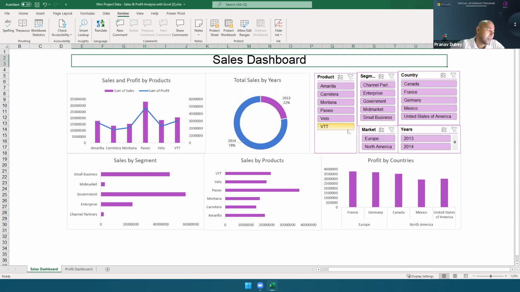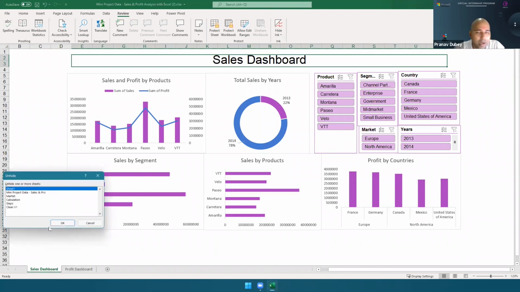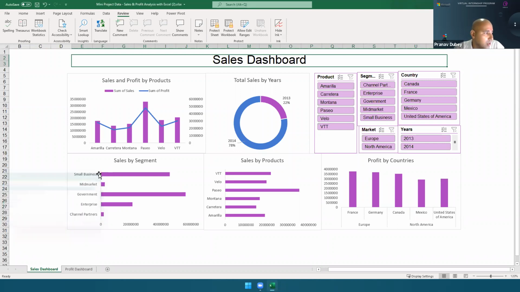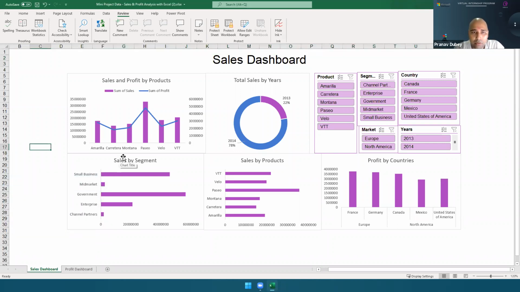And the next thing that we are going to do now: if you share this file with somebody, that person will be able to right click on a worksheet and click on unhide and look at your raw, confidential data. So we will try to hide that. How to do this? We will click on protect workbook.